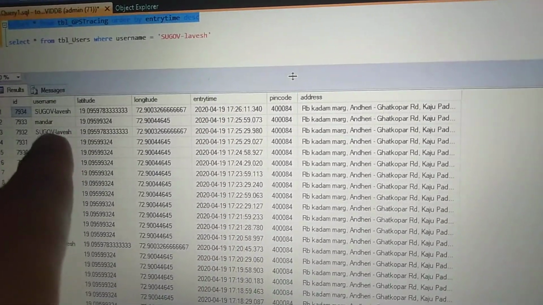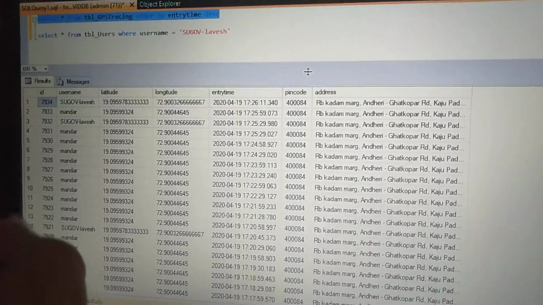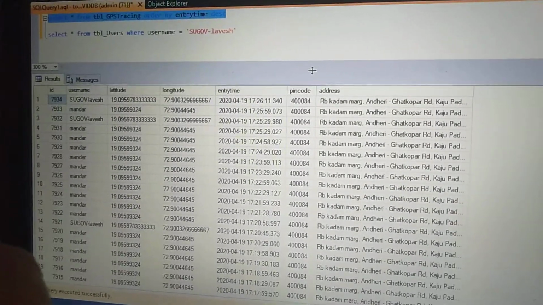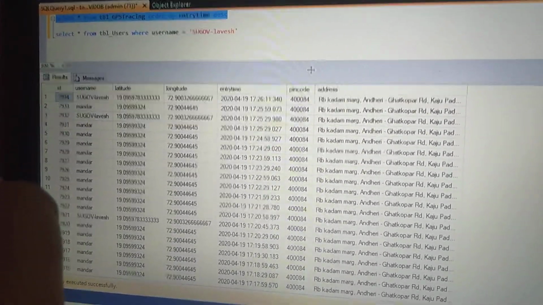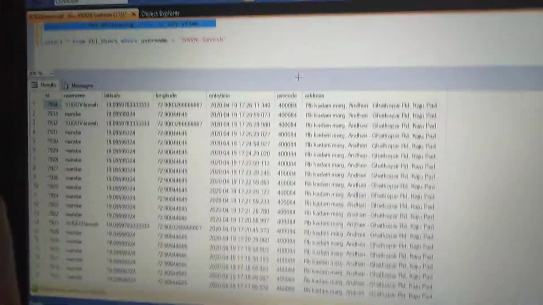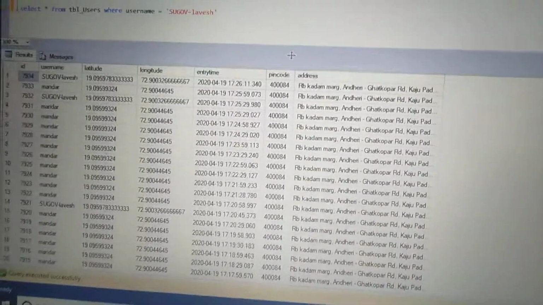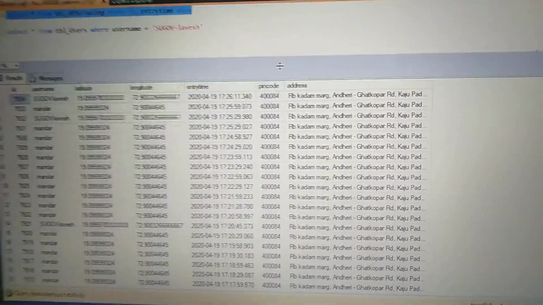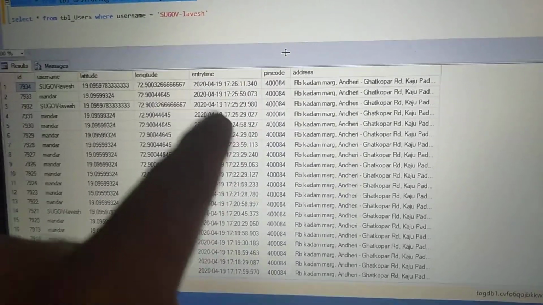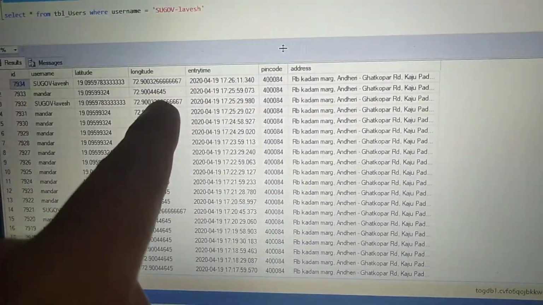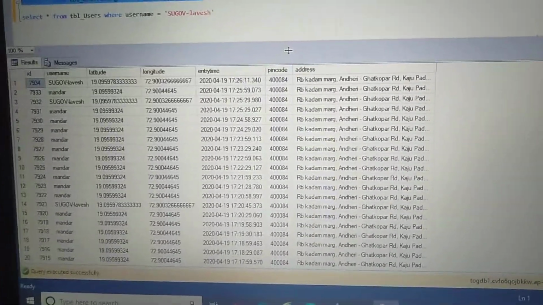Let's consider there are two individuals. First one is Lavesh, second one is Mandar. Both of them were negative, but later on one of them gets positive. For example, Mandar gets positive. Then what is going to happen is, we have every minute location data of every user, and along with that we have the data of the past 14 days for every user. So what we will do is, we will match the time, date, longitude and latitude of every user, and whoever gets in contact, we will get the accurate list.